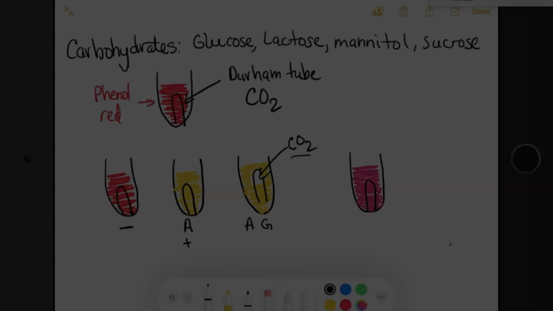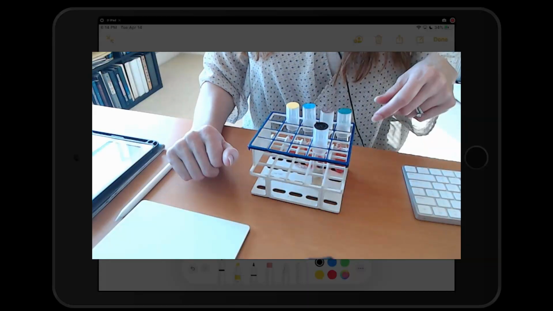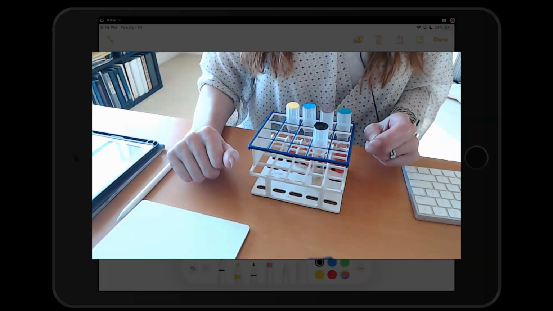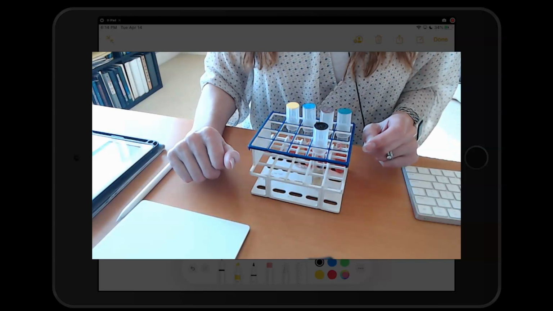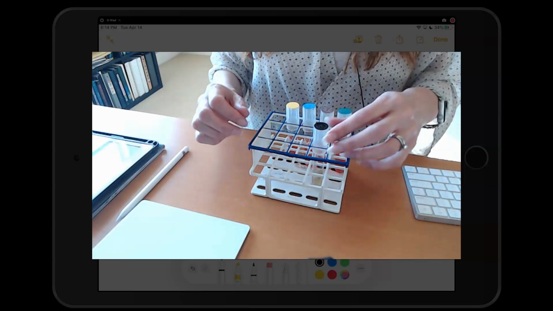Therefore, how would we classify this experimental result? Is it positive? Is it negative? Is it A? Is it AG? What is it? It is negative. What we're looking for here is fermentation of these various carbohydrates, of the sugars, not of proteins. So we're going to be looking specifically at the production of two different exoenzymes that your unknown bacteria may or